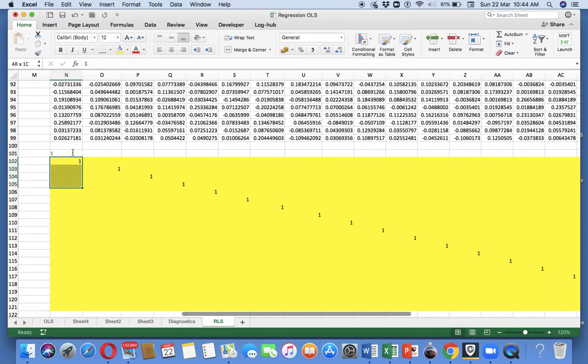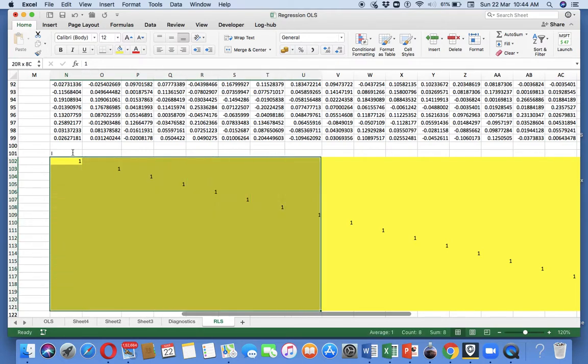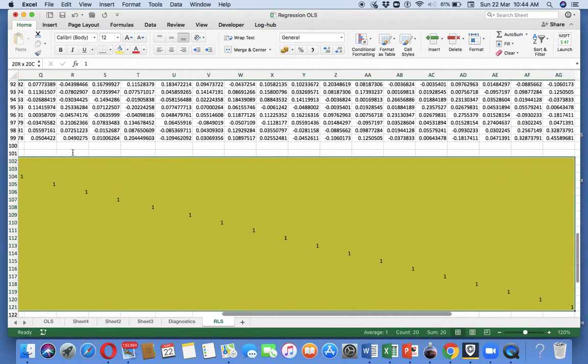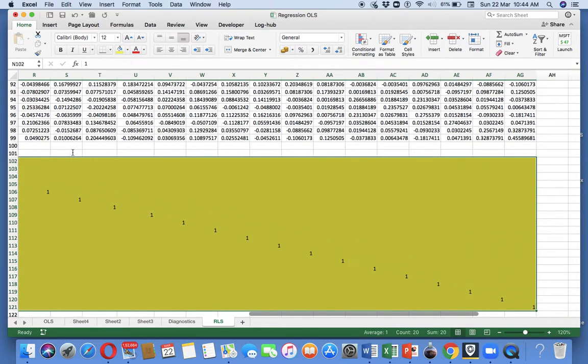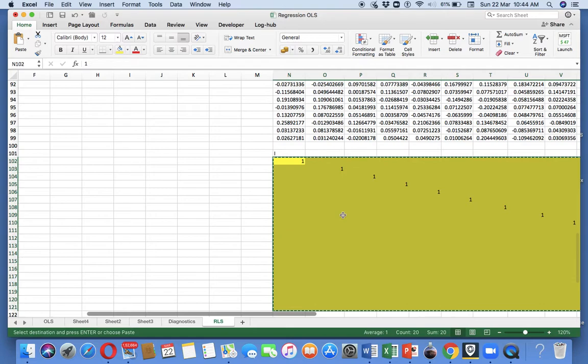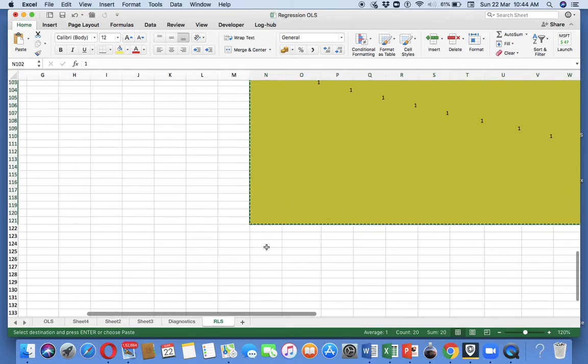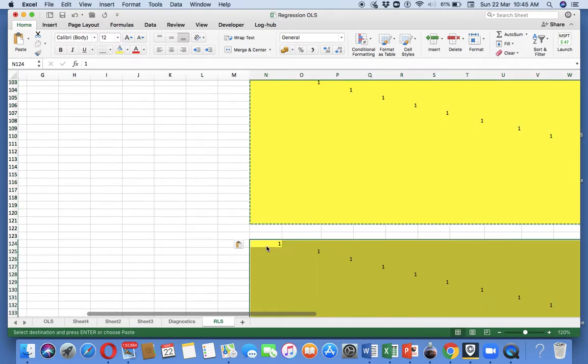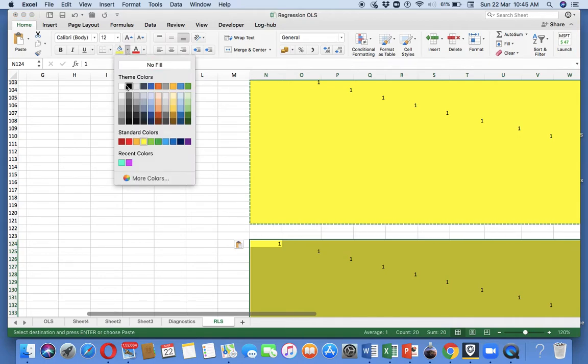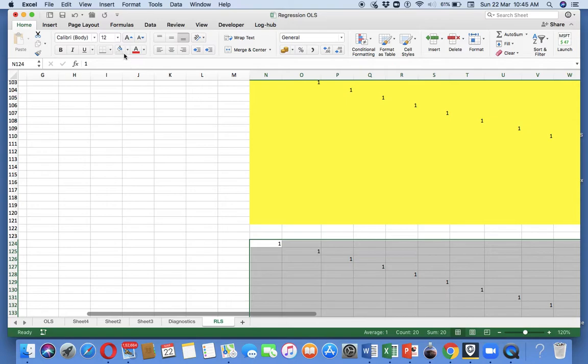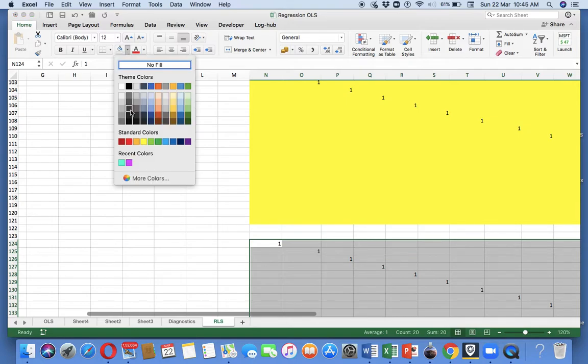And from this identity matrix, I will subtract the hat matrix. I will put a different color. First I'll say no fill, and then I will put a blue fill.